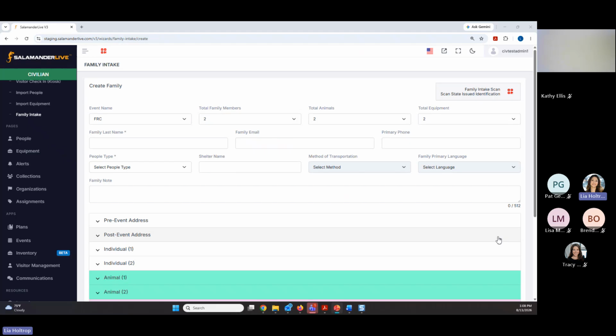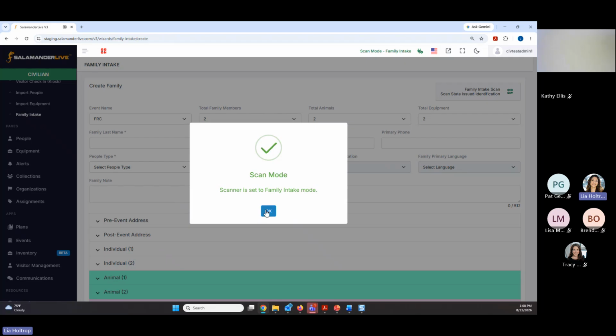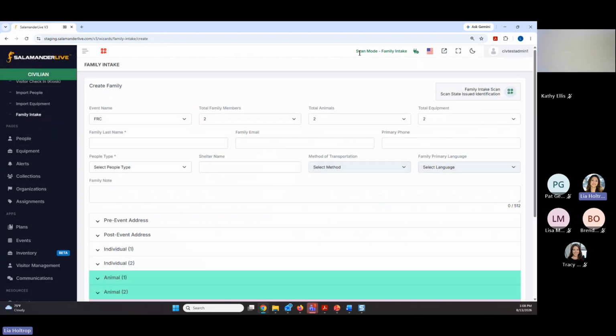So all you have to do in this case, let me just move this over here. Let me just pop that in, is plug in your scanner and then simply click the QR code. It's red. Once you click on that, it's going to open up the serial port. Click to connect. And then you'll see that now it's green